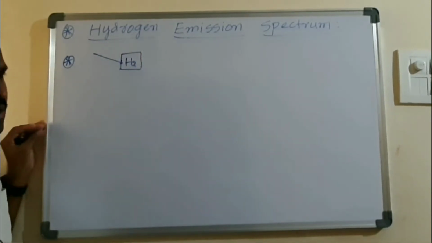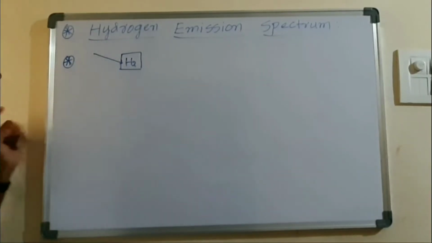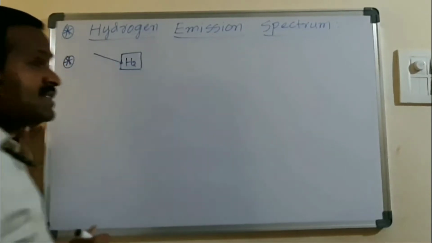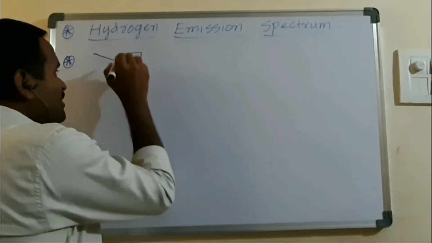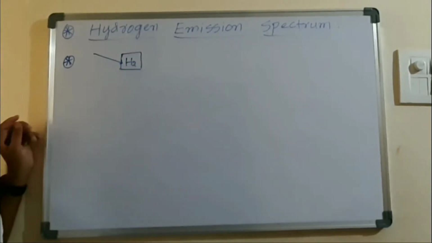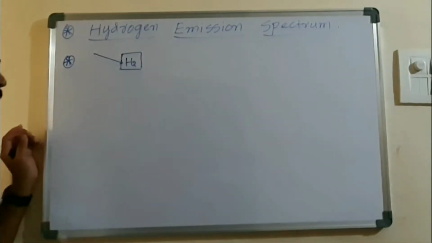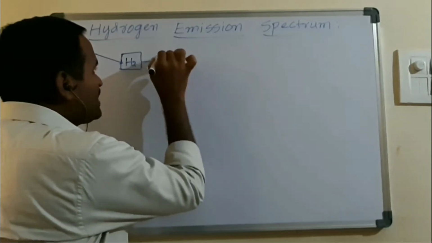is passing onto the hydrogen gas. Whenever some light is passing onto this hydrogen gas, which is present at a very low pressure condition, it will absorb some light and go to a high energy state. That high energy state is going to be highly unstable, and immediately it will emit some light. That is the emitted light,